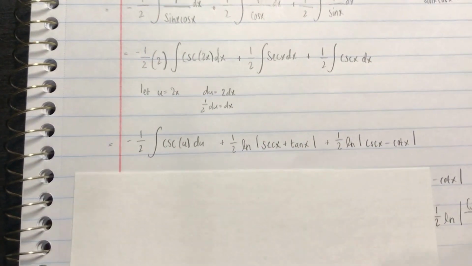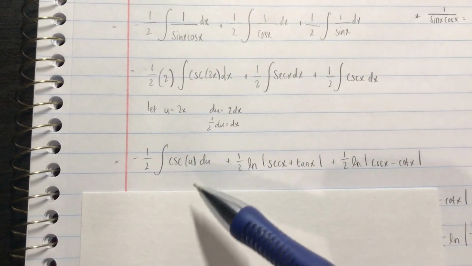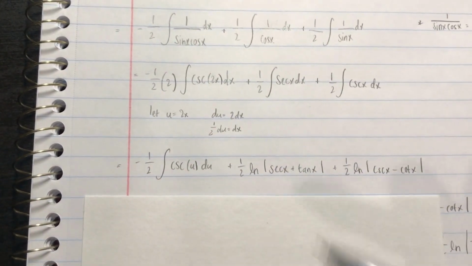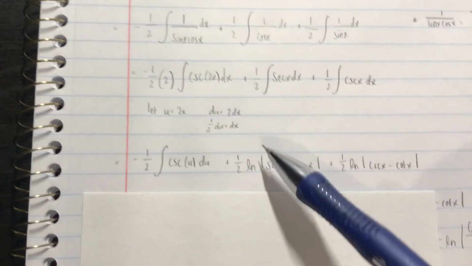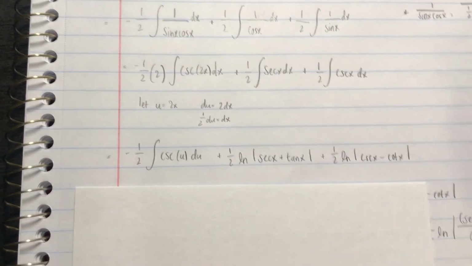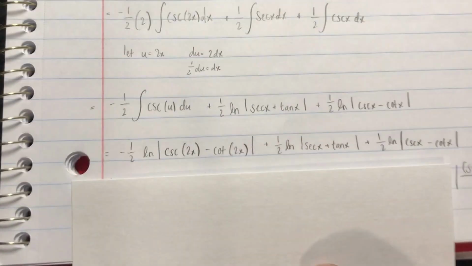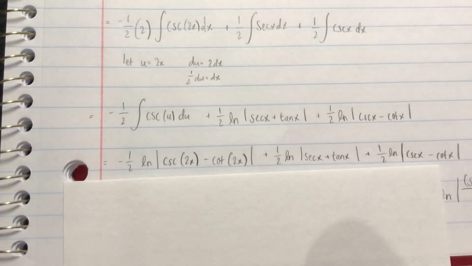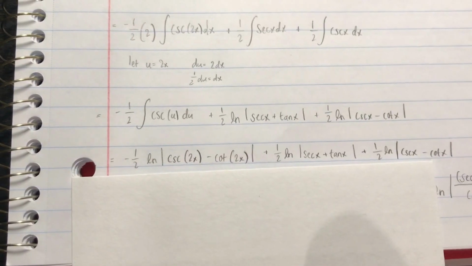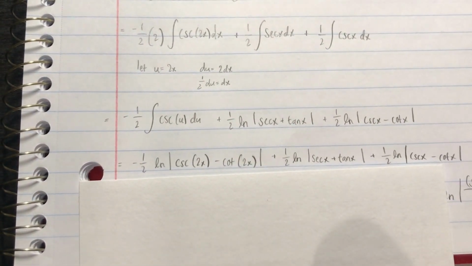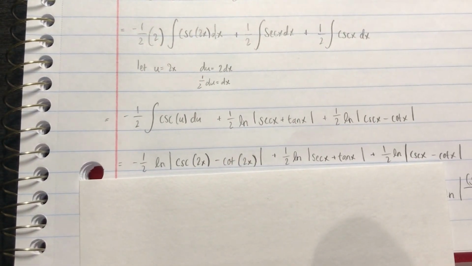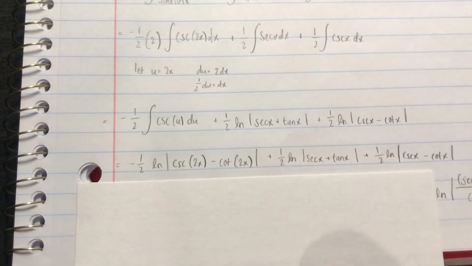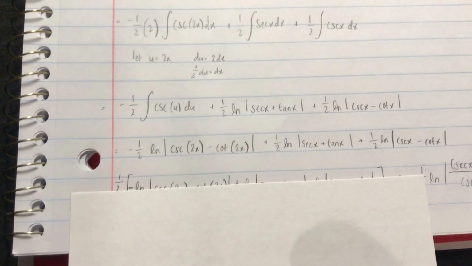outside of the integral. When we integrate the cosecant of u, it's going to be done in much the same way as these functions were, where you have an ln and the absolute value of two trigonometric functions. And what we get is negative 1/2 times the ln of the absolute value of cosecant of 2x minus cotangent of 2x, plus 1/2 times the ln of secant x plus tan x, plus 1/2 times the ln of the absolute value of cosecant x minus cotangent x. And